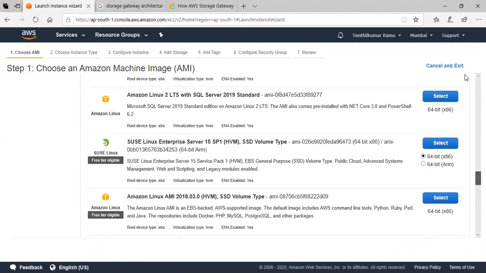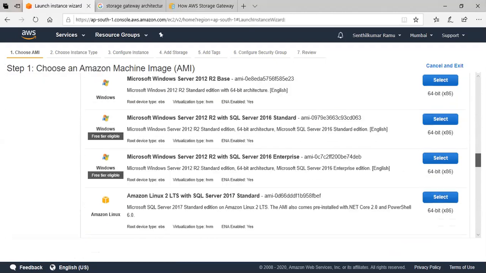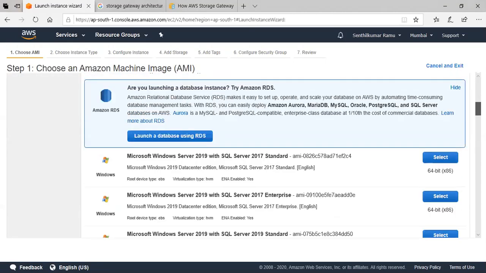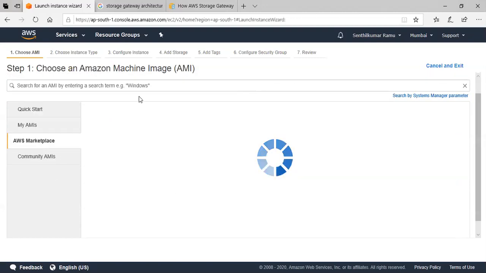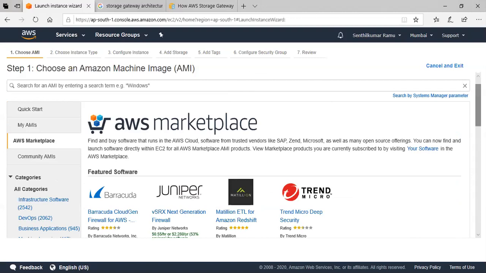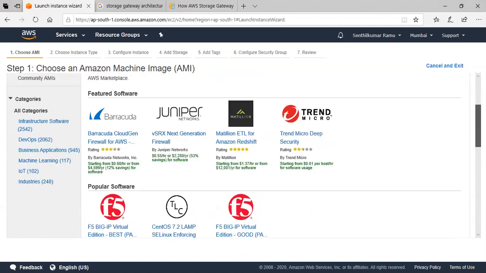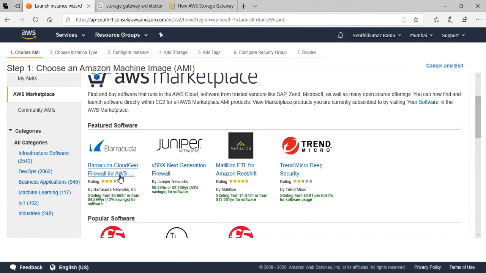These are various machine images. Over and above, you can go to the AWS Marketplace, where you'll have to pay extra for it. You can download these images as well. One is Barracuda, which is a firewall. Juniper is again a firewall. This is Redshift, which is a data platform.